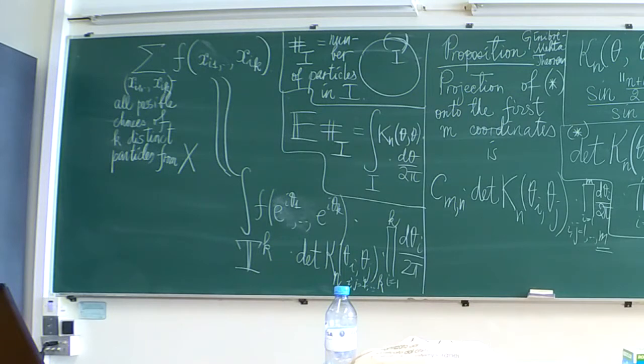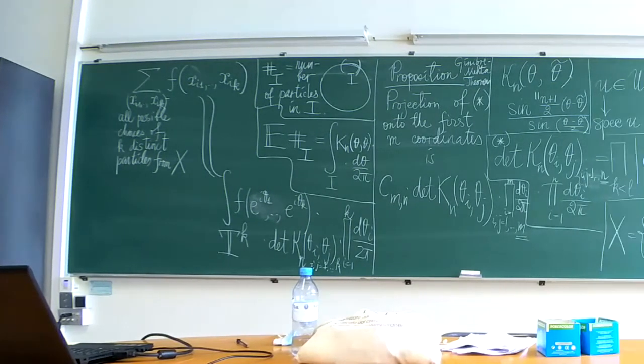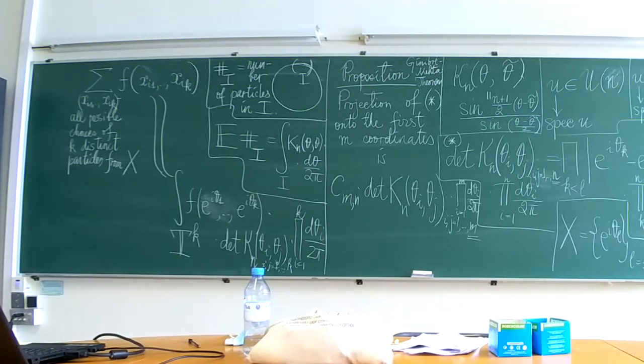So X is the set of representatives. I can add X. Yes. Please observe, by the way, that this formula on the left side does not use any order on X. It is on purpose written in such a way that there is no order in it, because there are all choices of k distinct points. And the right side is also symmetric.